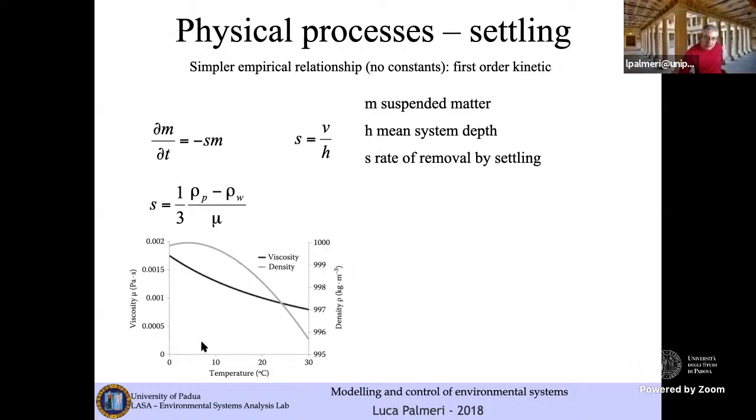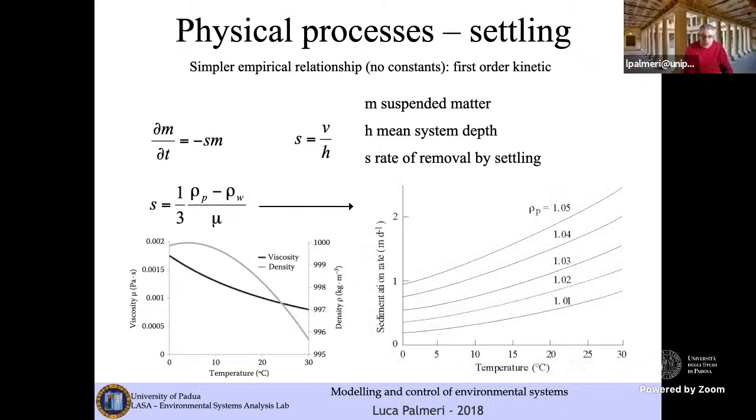So with increasing temperature, the density of the water, of course, is decreasing. As well, you may have the same description if you focus on the characteristic viscosity. The viscosity of water decreases as well with increasing temperature. So with an increase in temperature, you have a decrease in density and a decrease in viscosity as well. So that from this